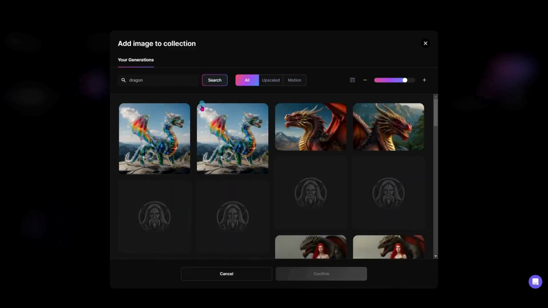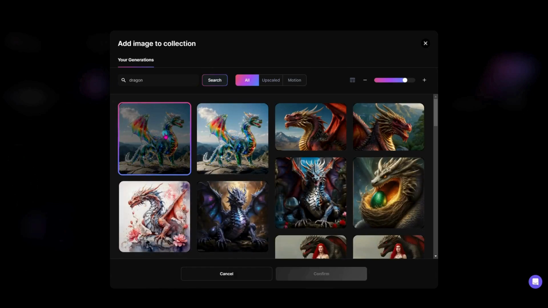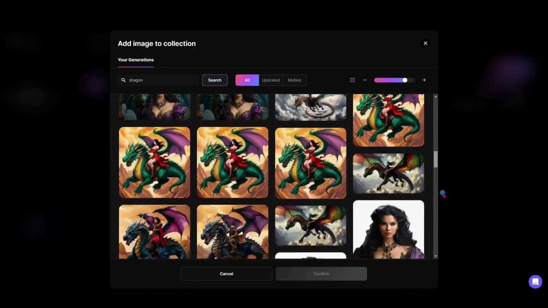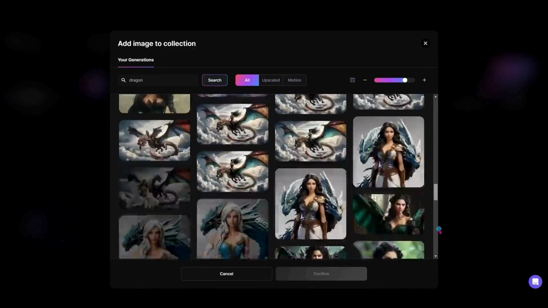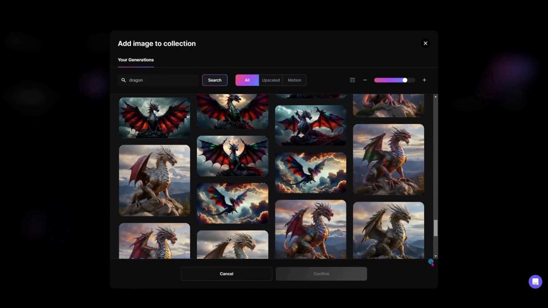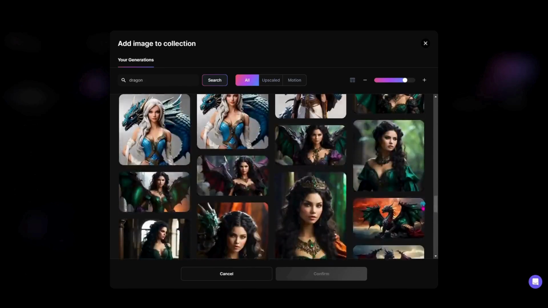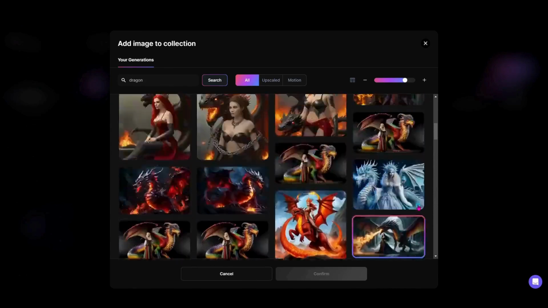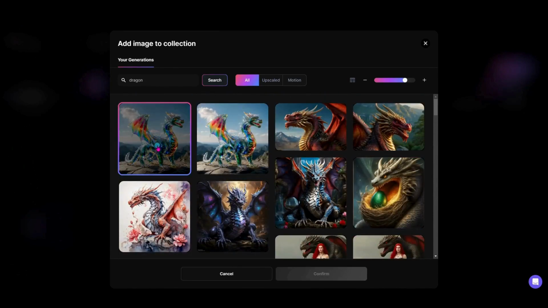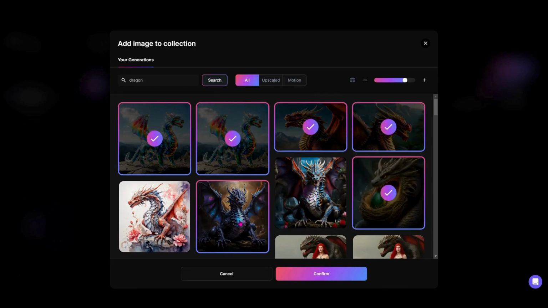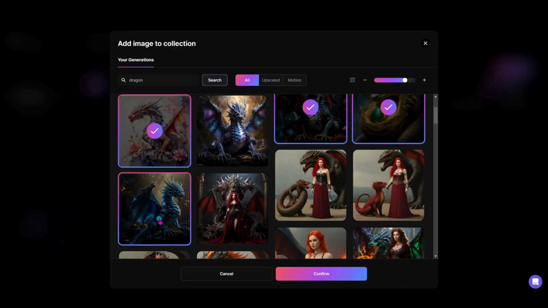So even in looking through these, I do have quite a bit to scroll through, but since I know that for the most part these are all going to contain dragons, which it looks like they in some way do, so I can go ahead and just start selecting the ones that I want to put in the folder. So if I want to put them all in, I would just select them. And for right now, I will say I haven't seen how you can do like a select all at once,